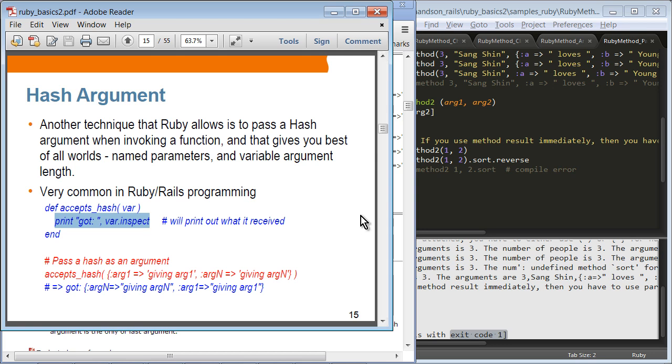So the reason that you want to pass your argument in the form of hash is that hash gives you the best of both worlds in terms of named parameters and the variable argument length. Okay, so you don't have to change this code. You can change the value that you are passing as an argument, and that is hash. So hash you can have as many the key